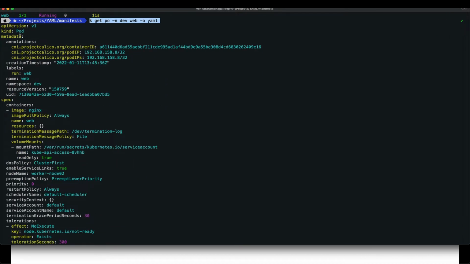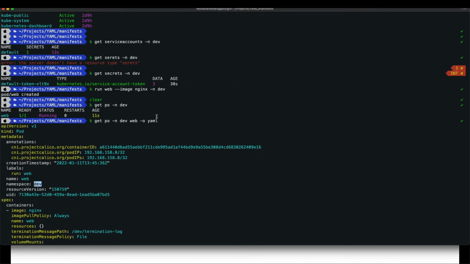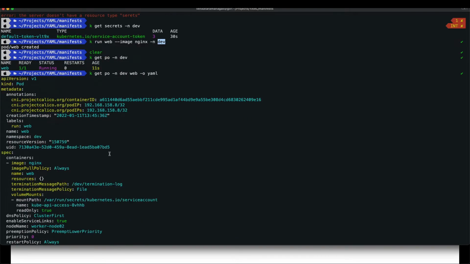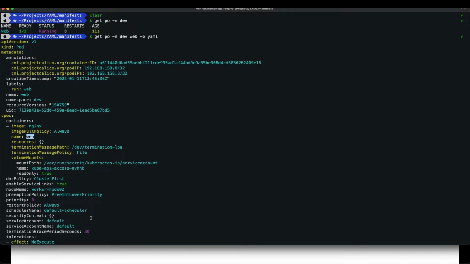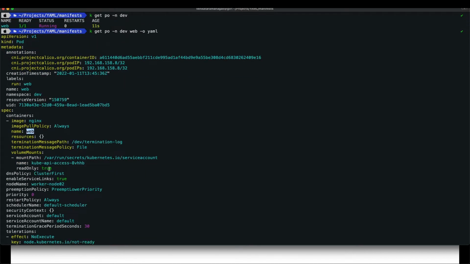The pod is created with the name web in dev. I only specified the image, nginx, the name and the namespace. Only three parameters are given: name, namespace, image name. Then automatically all other things are applied by default by Kubernetes. So observe here,